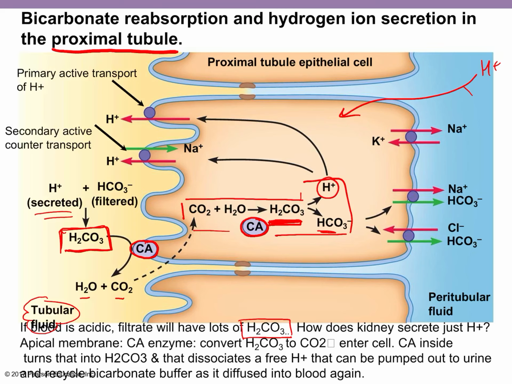So it is going to get pumped out of the cell. And that's going to enter into our tubular fluid and then ultimately become urine. So this acid is going to get moved into the fluid, into the filtrate by this mechanism. All right. So coming into the filtrate is carbonic acid. And then that carbonic acid gets broken down by apical carbonic anhydrase. The CO2 diffuses into the cell. It gets reformed into carbonic acid, dissociates spontaneously into the free hydrogen ions, and the free hydrogen ions are pumped